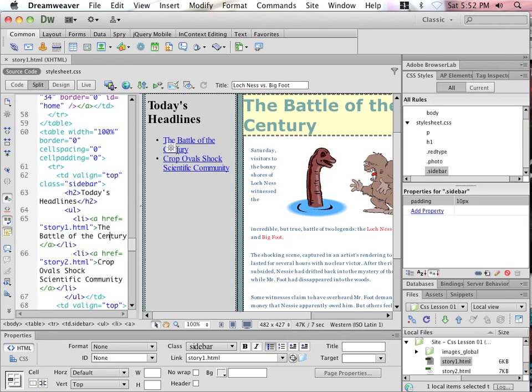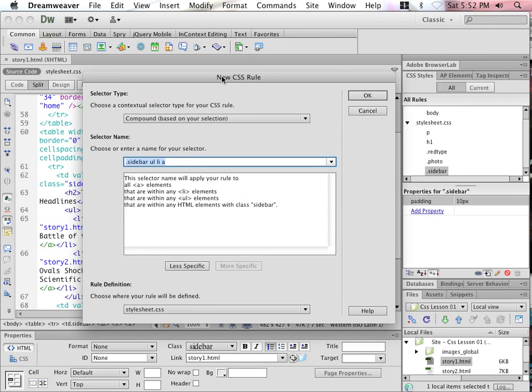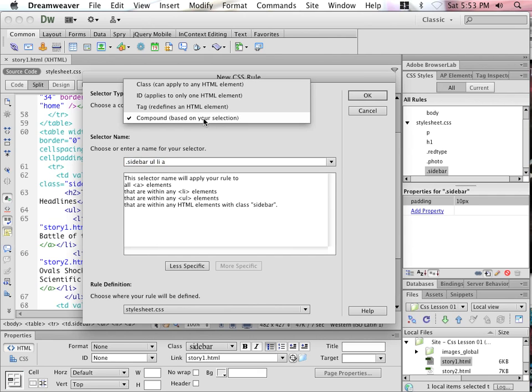I'd like to change some of the rollover features for them, but only have them applied again to any links that are within the sidebar. So to do this, we need to use a new type of style which is known as a compound. So let me go over to my styles panel and create a new one for that. Basically, a compound style will combine classes, IDs, and or tags to address a unique specific location inside of your